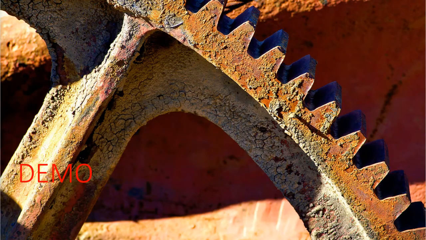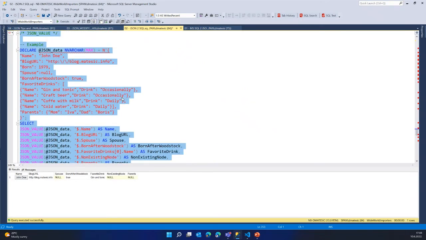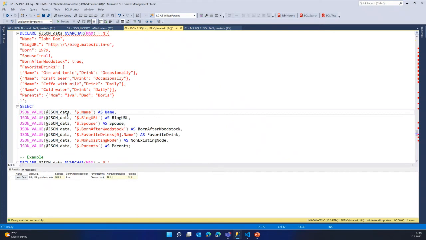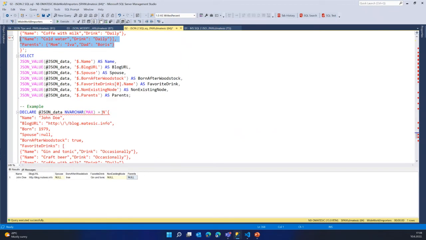Let's go to the demo. Okay. So JSON_VALUE, as you can see here, I was unable to extract this parents node because the parents node is a complex data type, so it's actually an array of many elements. And as I told you before, JSON_VALUE is used only to extract primitive data types. So only strings, numbers, null values and booleans can be extracted, and these complex data types like arrays cannot be extracted. Okay,